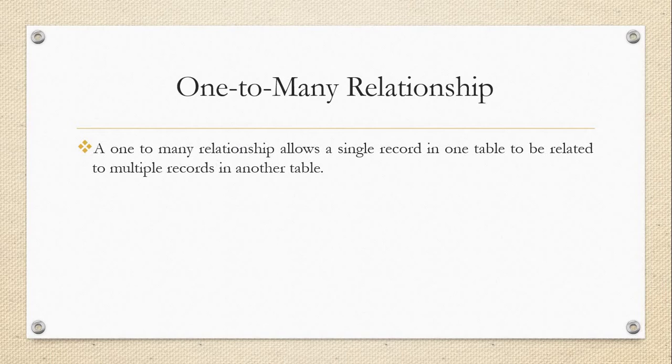There are two different aspects. Assume that we have two tables, and we can view the two tables from left to right and right to left. Depending on your view, we can decide whether we have a one-to-many relationship or a many-to-one relationship. Don't worry about that. We'll discuss it while taking the example.